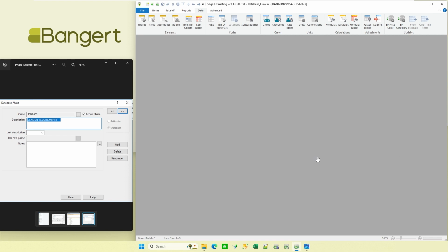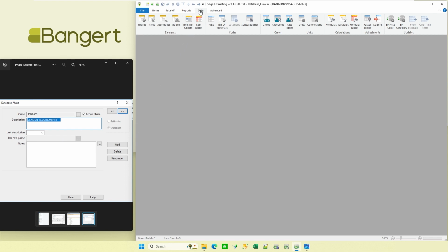On the screen here, I've got a picture of what it used to look like. We used to be able to go through it, and you can see it was a very singular thing. I could hit add and set up a phase and a description, but I could only see one at a time unless I went off to the Database Editor or some other place. In estimating, they've given this user interface a nice facelift. So let's take a look at it.